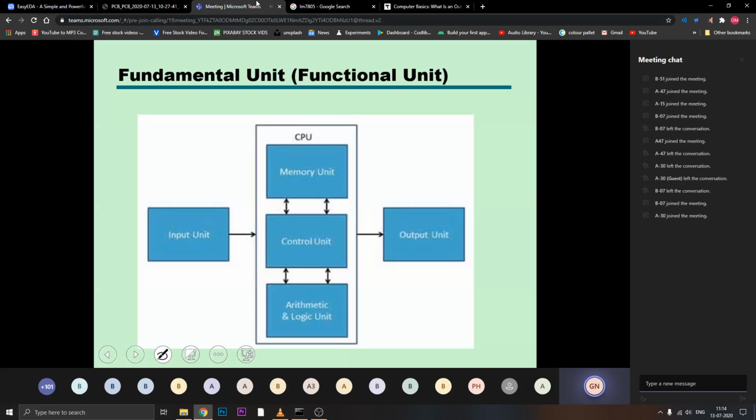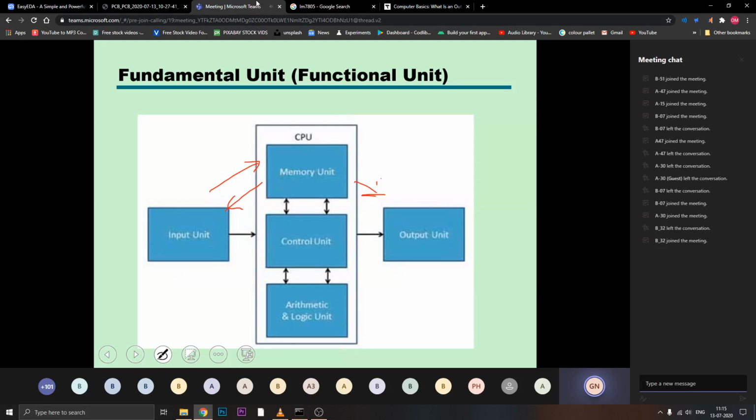And remember that whenever a computer operates, it fetches instructions from the memory or from the input devices, and it executes those instructions sequentially one by one, and after processing data or making calculations, it writes the data back to the memory, or to the IO device or output device.